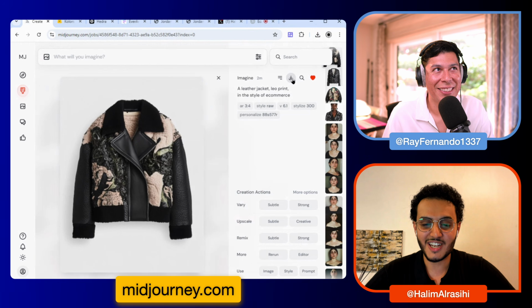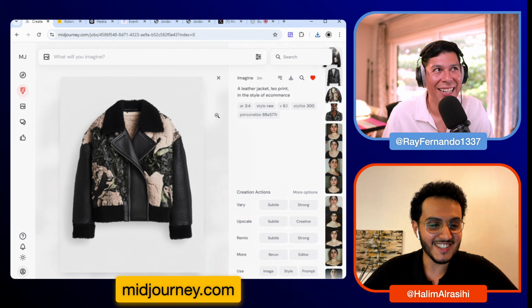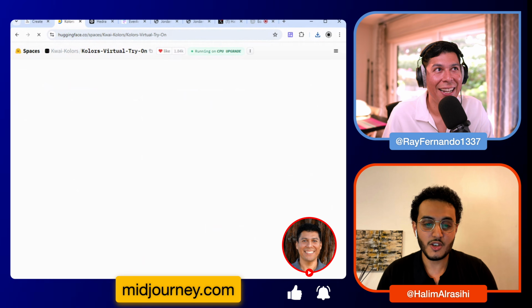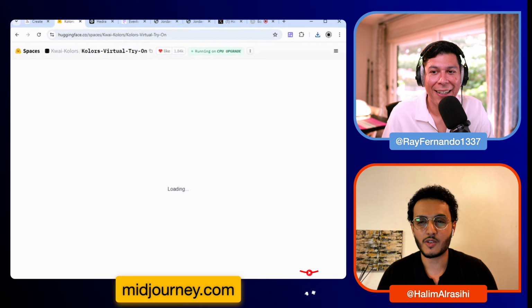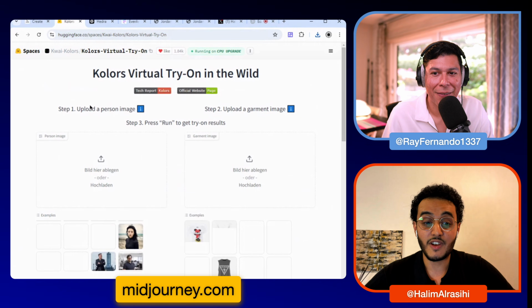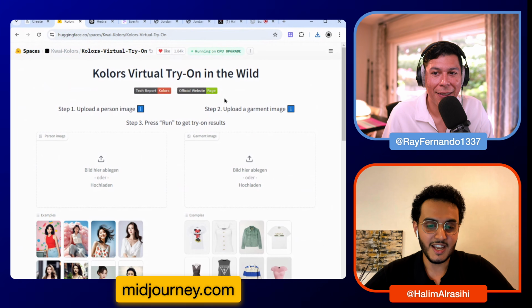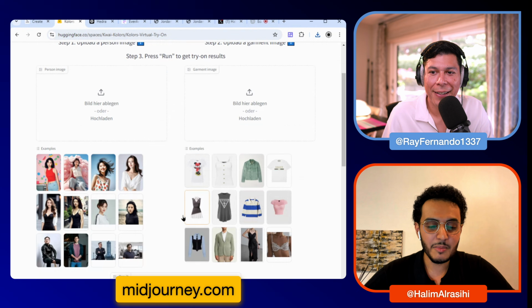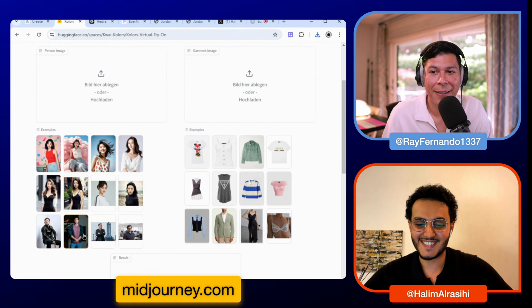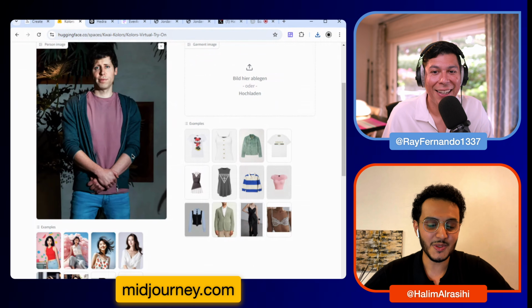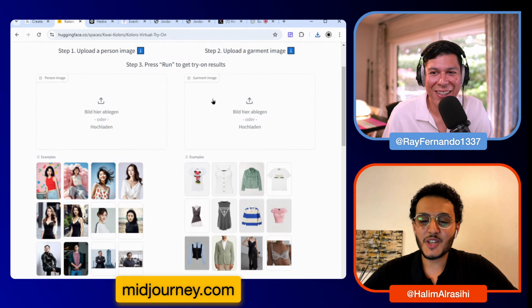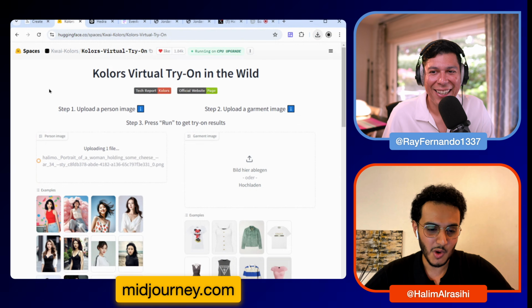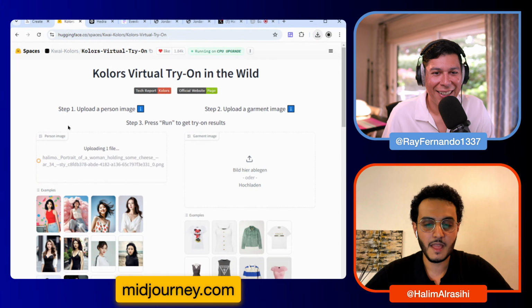Let's download the jacket here. I really like leather jackets. So let's head over to Kolors. Kolors is a new model that was published by the creators of Kling AI. Kling AI is a very, very popular video model, and they have released this virtual try-on model. They also have some interesting presets here, like Sam Altman. So if you want to try it out with Sam Altman. Now, we're gonna try it with our own character that we used. So I'm just gonna drag and drop our character